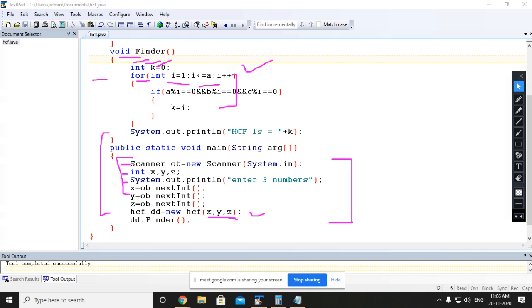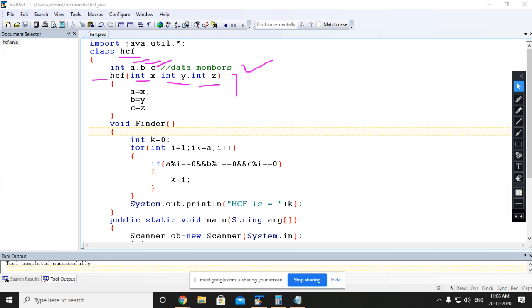And now one more thing, the this operator. Basically the this operator is not required here. This is required whenever you have the data member and the parameters in a constructor having the same name. So like if you are using A, B and C, in this case we are supposed to use this operator on the left with your data member.